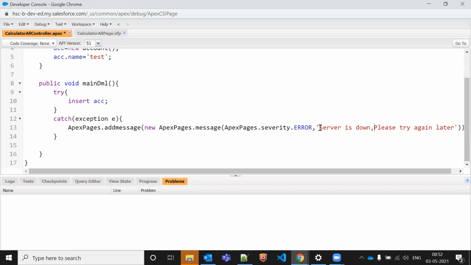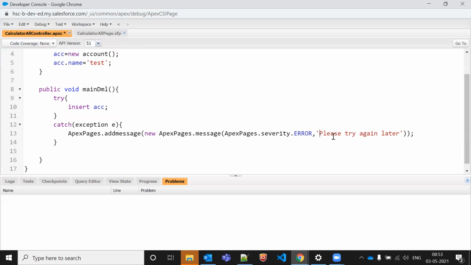So how can we display this message? The challenge for us is that in production we cannot edit the code. This is the first challenge: we cannot write code in production. I'm not saying whether it is a best practice or not, but we cannot edit the code in production.